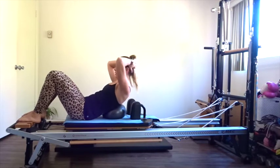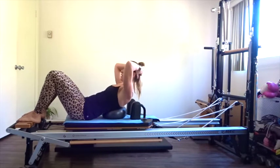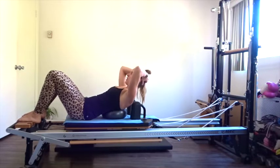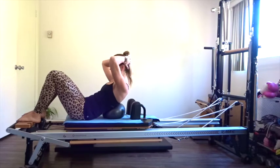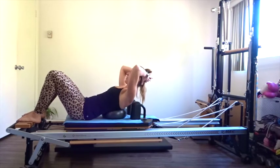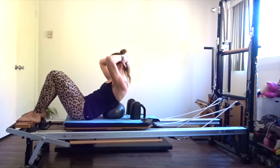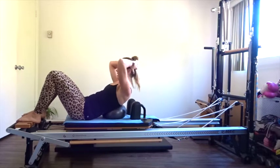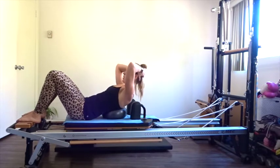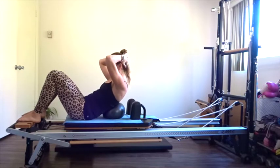Let's do 10 more. Exhale, lift 9. Slow and control, 8. Drop those ribs down, 7, 6, lift 5, scoop those abs in, 4, 3,